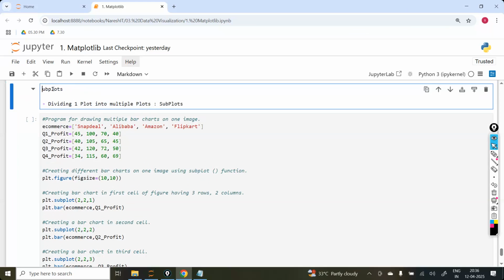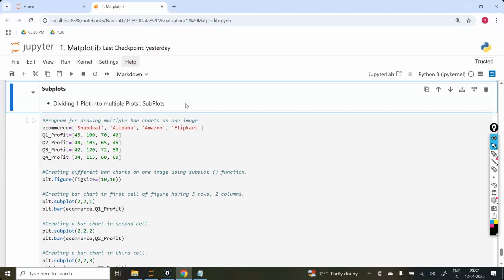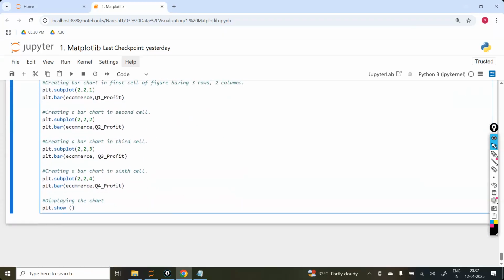Okay, that concept is called subplots. You have to decide the number of plots, how many you want. Here I'm going to write plt.subplot(2, 2, 1). What is the meaning of 2, 2, 1? It means within the 2 by 2 subplots,